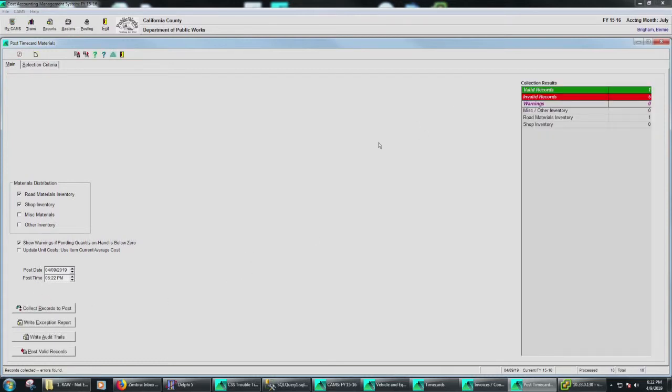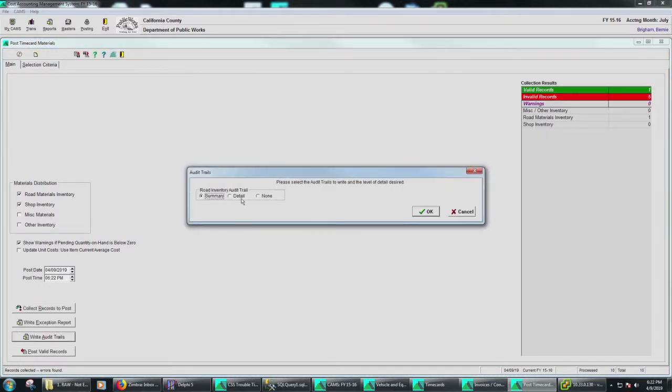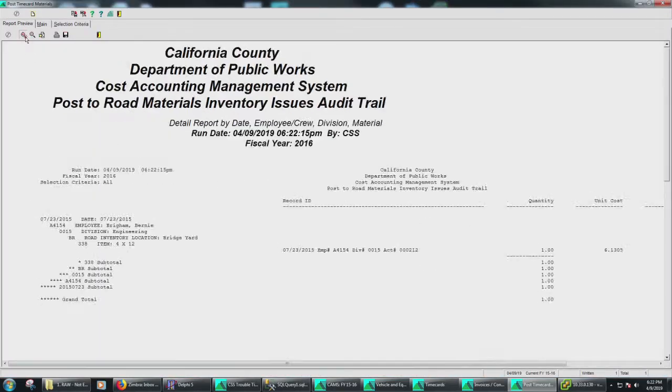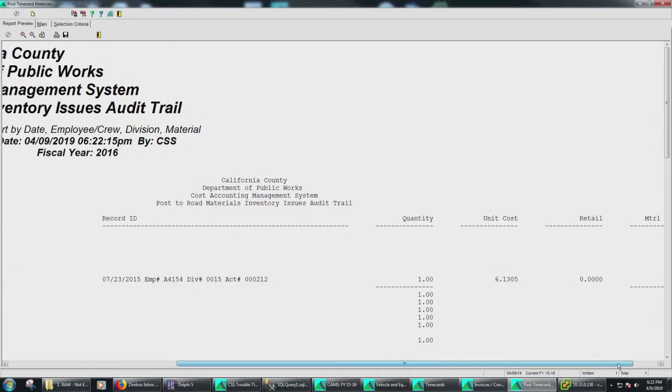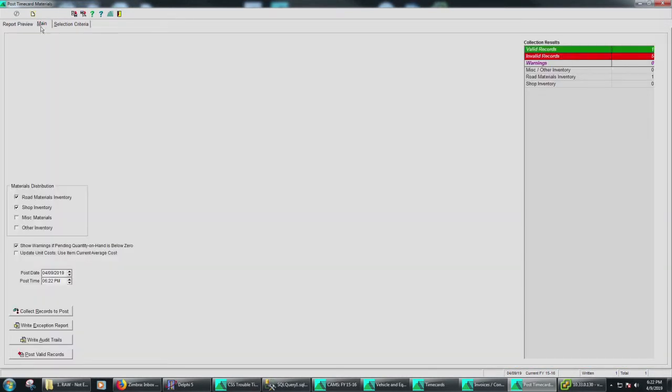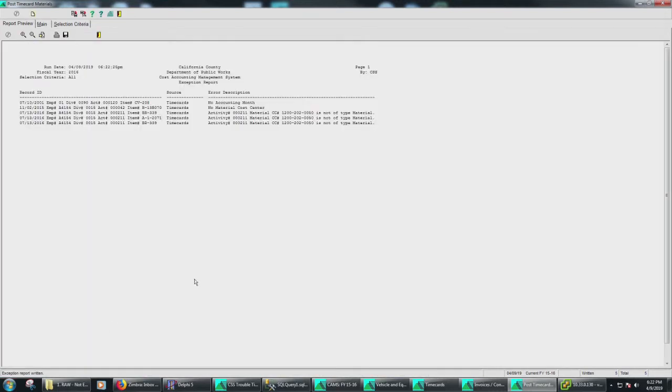So I collect records. It found one valid record. Didn't like some of my records. Apparently I had a bad cost center in there, but